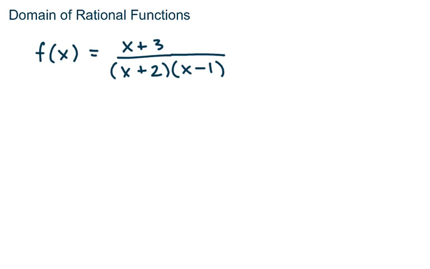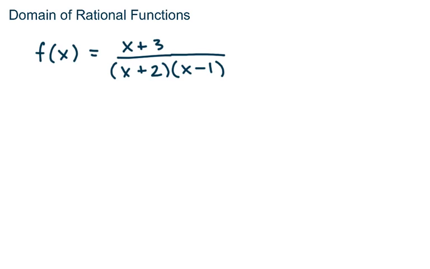So in this next video, we're going to talk about domain, holes, discontinuities, and vertical asymptotes of rational functions, because those all deal with the denominator. They deal with examining the denominator. All right, so we've been talking about domain a lot. Domain are the values that make the denominator